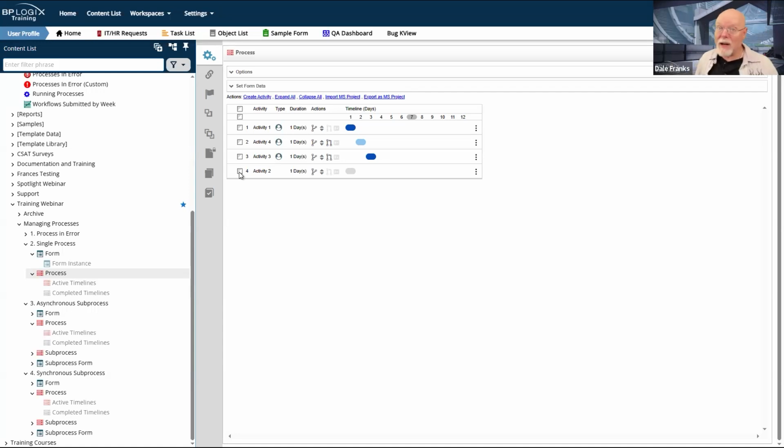So if I have 120 instances where people are working in activity 2, I once again must go and open 120 process instances individually and cancel activity 2 in all 120 of those processes. And only once I've done that can I come back to the definition and delete activity 2.